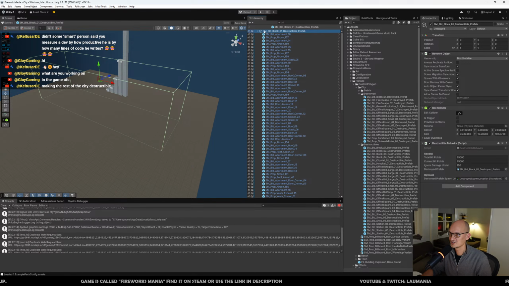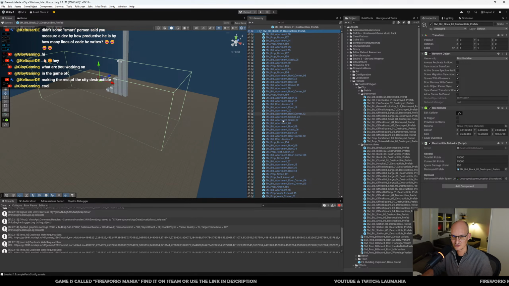Okay, so you can see here, as I talked about before, this entire thing could really just be one box collider, and I could go in and remove all these colliders, and I will, but I will not do it now. But this box collider is needed on the top object because we need this destructible thing to work. Anyway,